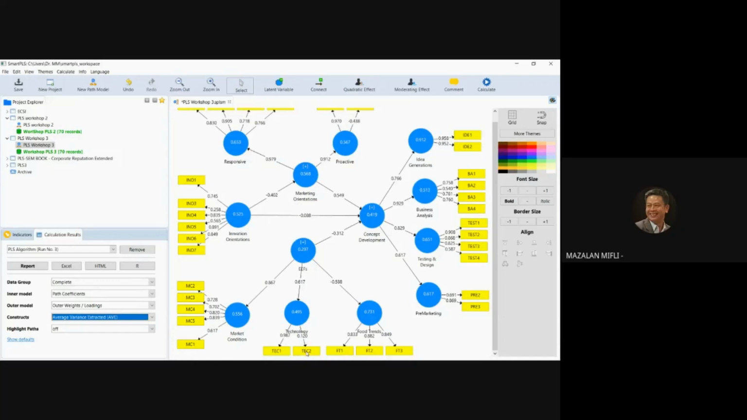But to be frank with you, for your models, those low values, you have to throw them away. You can't keep them, because if I bootstrap this, I know this would not be significant. All right, so let's look at the